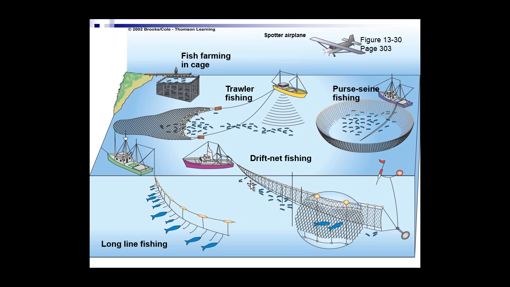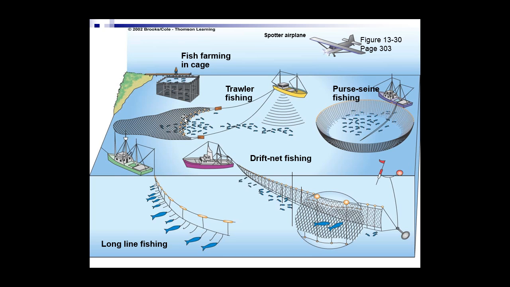Drift net fishing has the same problem where you get what's called bycatch. Okay, it's what you don't intend to catch, but you do get it. Dolphins, whales, sharks, those sorts of things. This is a little bit worse than line caught because here the fish can just swim into it and get caught. Any type of fish. Here it might just be because of the bait, or something. And sometimes they could get away. I mean, if you're using a small hook, a big fish is going to get away.